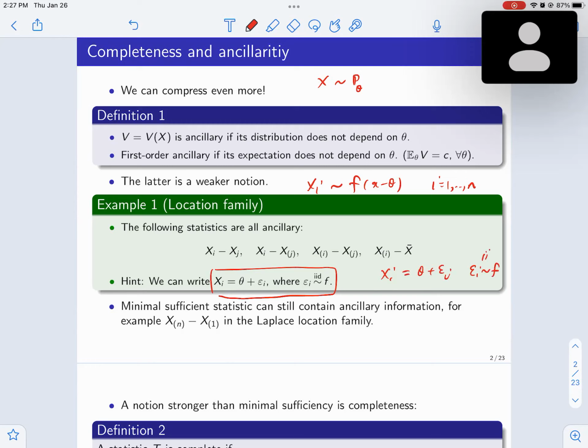These are IID. So this f is this baseline. For example, if you have x_i's from a normal(theta, 1), that's an example of this location family. Then I can write x_i as theta plus epsilon_i, where the epsilon_i's are normal with mean 0 and variance 1. So this doesn't have anything to do with theta anymore. And the reason why you can do this